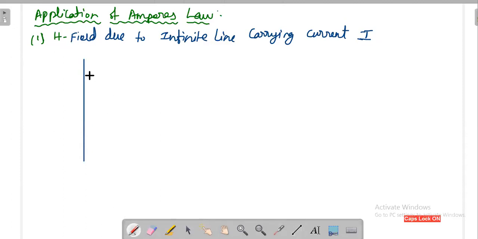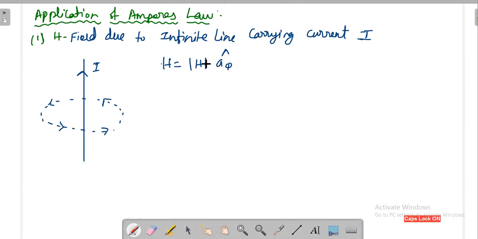Now we will not do any lengthy derivation. Very simply we will calculate. This is my direction of the current. From basic experience, once the current flows in this way, my magnetic field would be around the conductor in this way. This is my direction of the magnetic field. You do not know the magnitude, but you know the direction. So H is equal to mod H a phi cap.